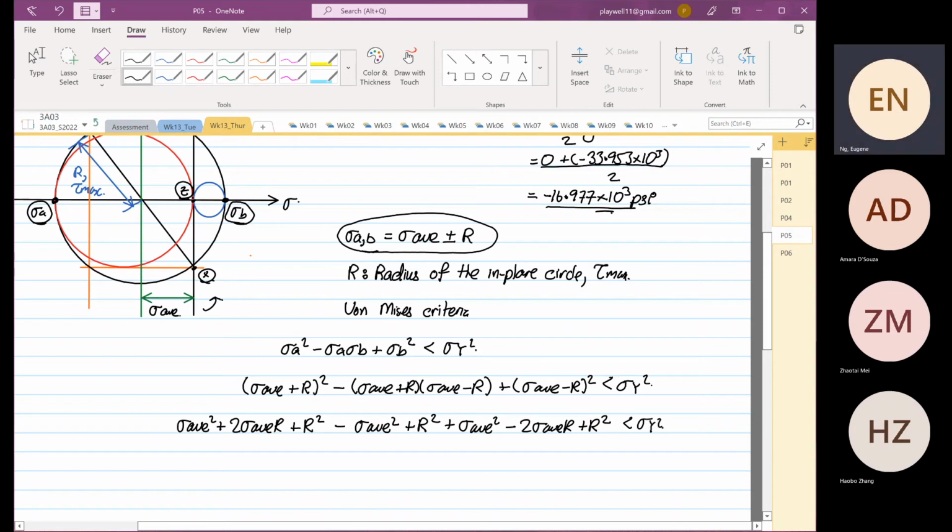Okay. So you can cancel some terms, right? So we know that you can get rid of this term, 2 stress average R, plus minus 2 stress average R. Okay, so at the end of the day, what is left standing is your R squared, your stress average squared, and your R, which is good news because we only